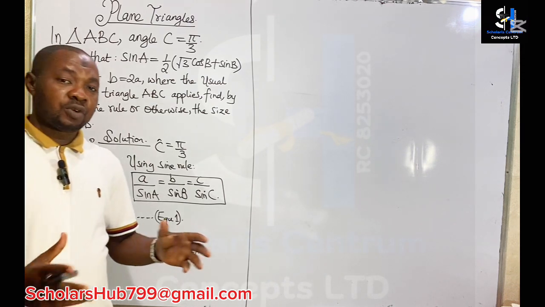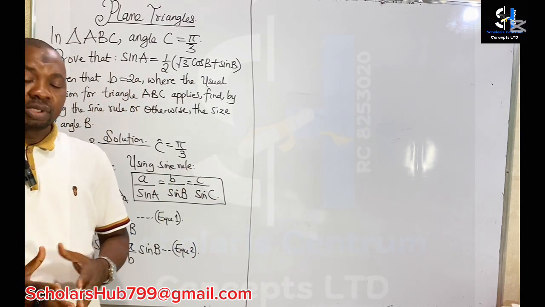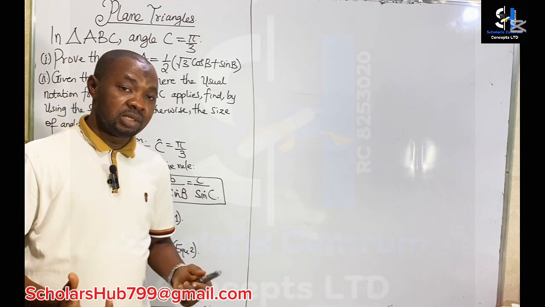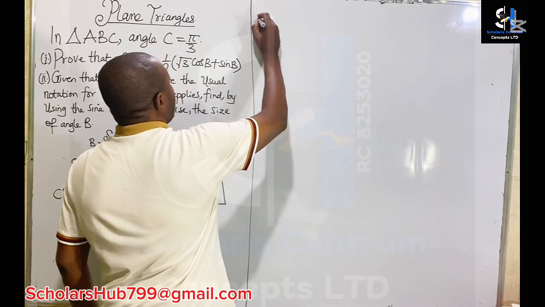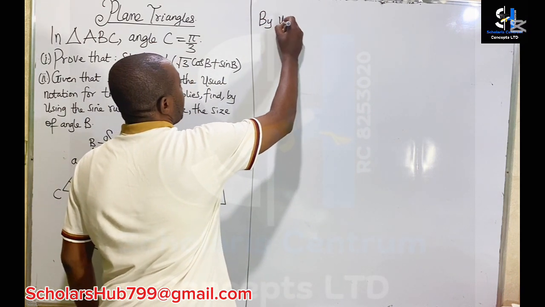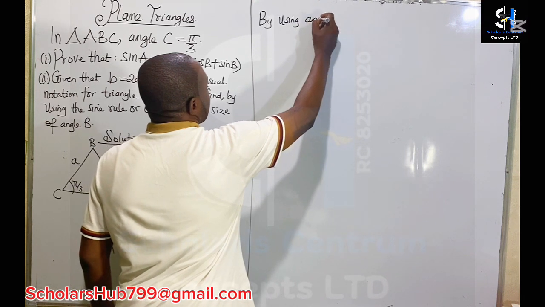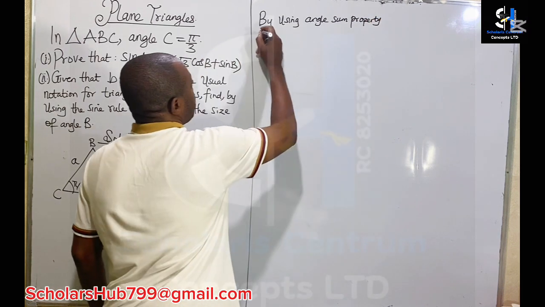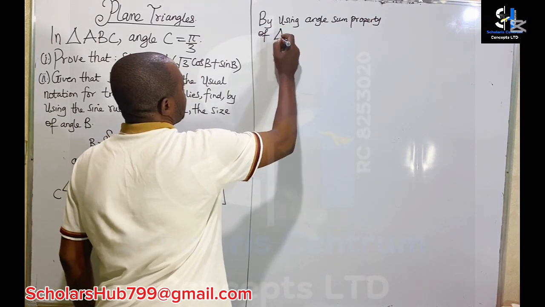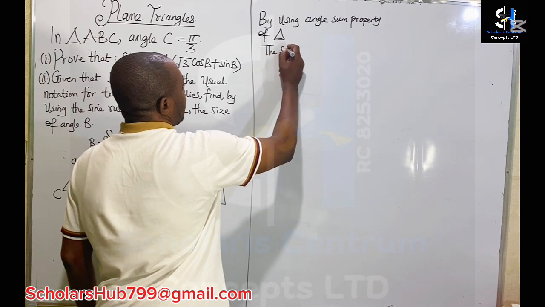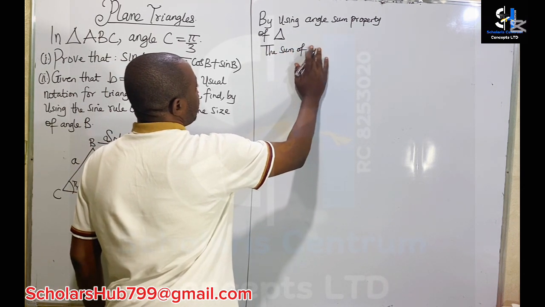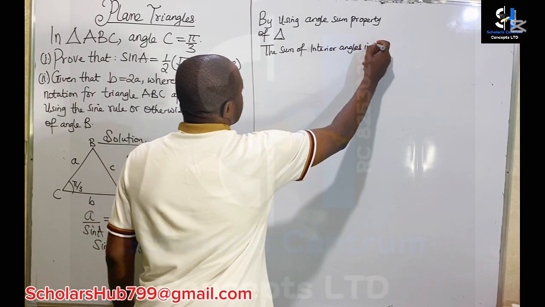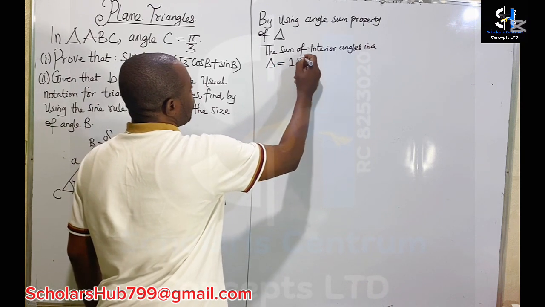You know, the angle sum property of a triangle is the one we know: the sum of the interior angles in a triangle is equal to